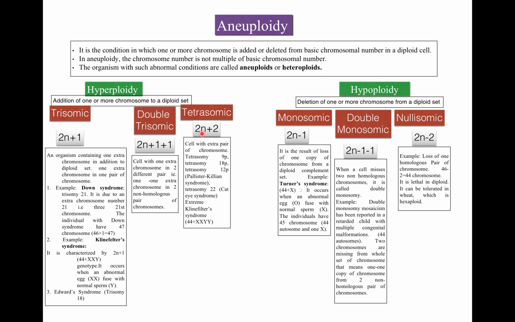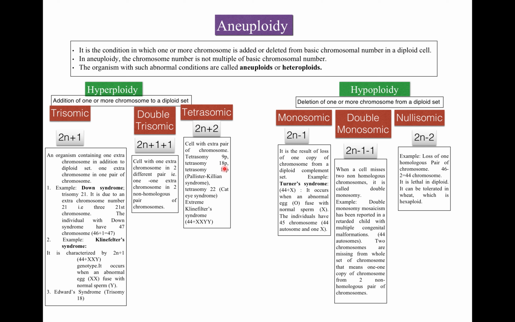If 46 plus 2, 47 and 48, so 48 chromosomes. So a cell with two extra chromosomes, or a cell with an extra pair of chromosomes,